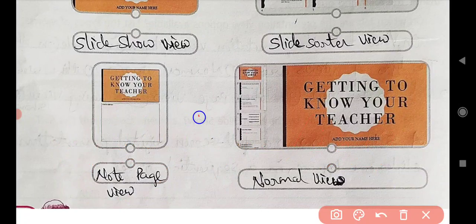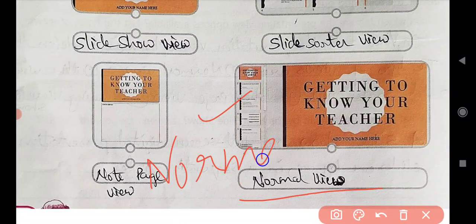And last one, fourth one is normal view. Spelling is N-O-R-M-A-L, normal, V-I-E-W, view, normal view. So by this, students, we have completed the whole exercise and our activities of chapter 8,